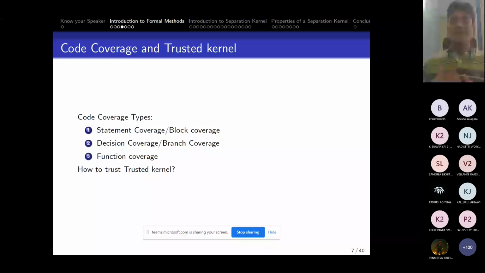You try to crash your program: what input should I give so that my program will get crashed? If you can cover all those situations as a developer, then your program will be a very fine program. And that is how the industries also work, right?